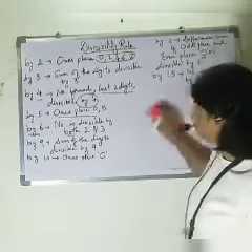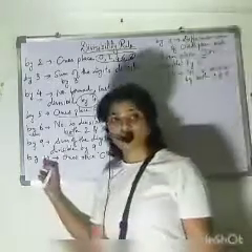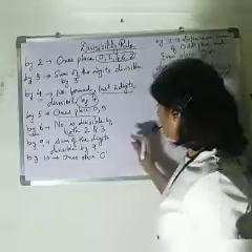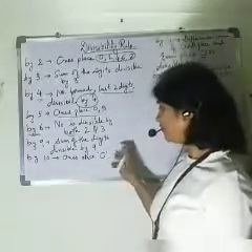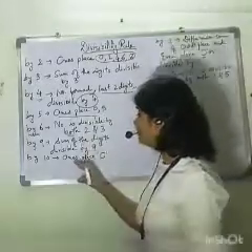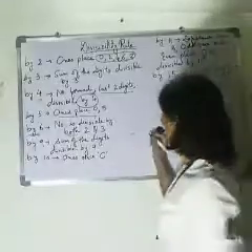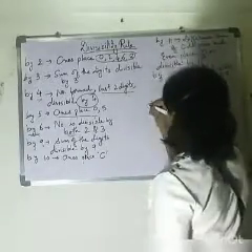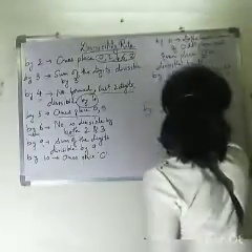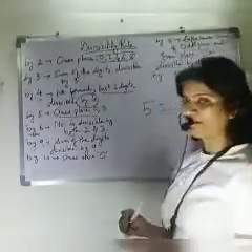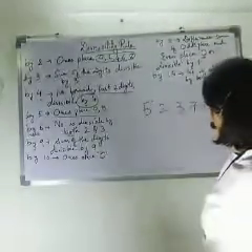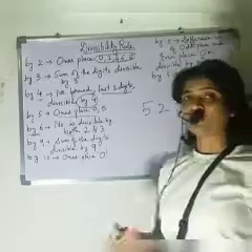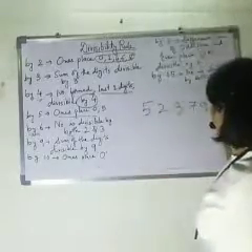Next. This is a simple rule. How to check a number is divisible by 10 or not? The number needs to have 0 at the ones place. Suppose, let me give one example. It's a big number. Now, this is the ones place. So, at the ones place, what is the digit? The digit is 4.